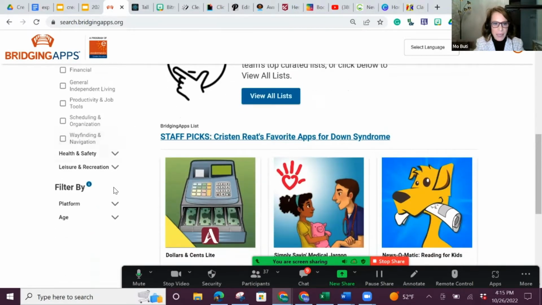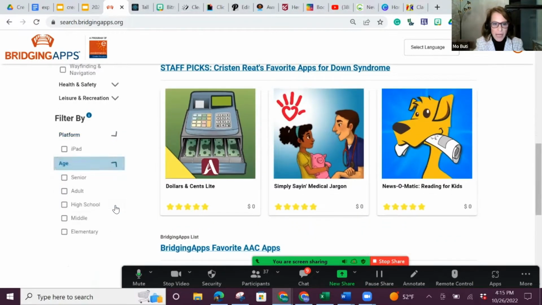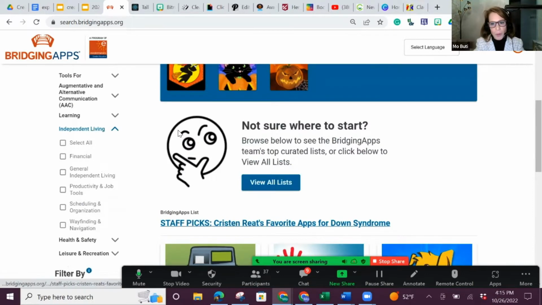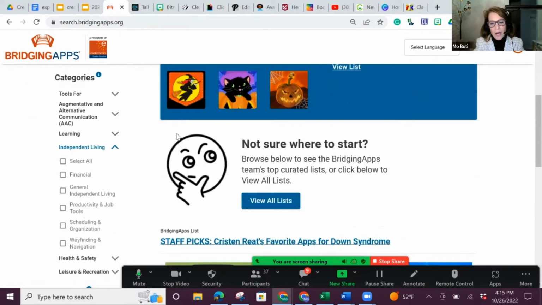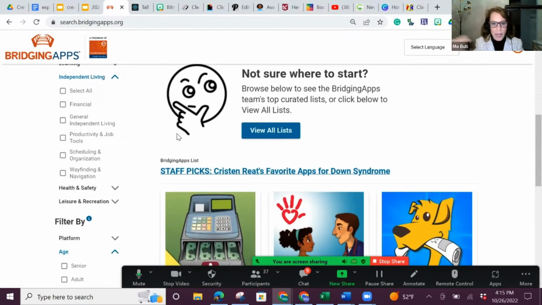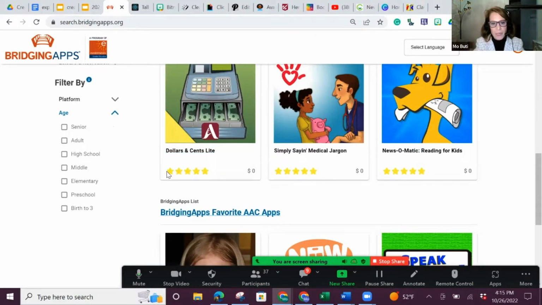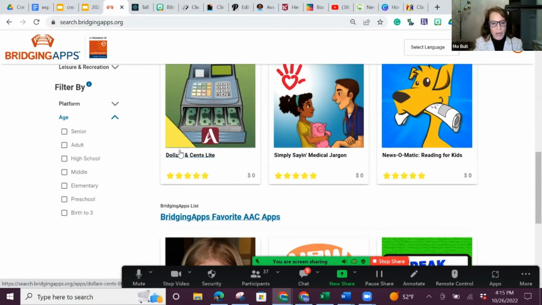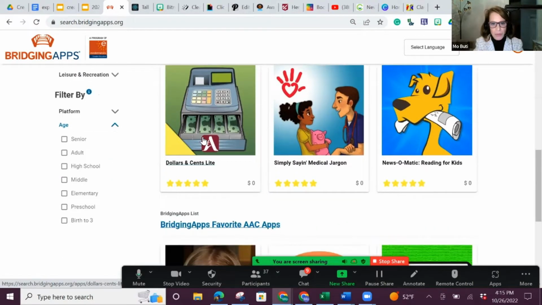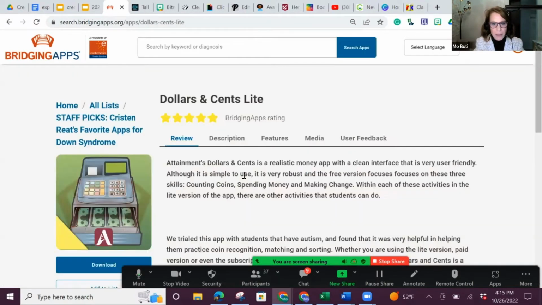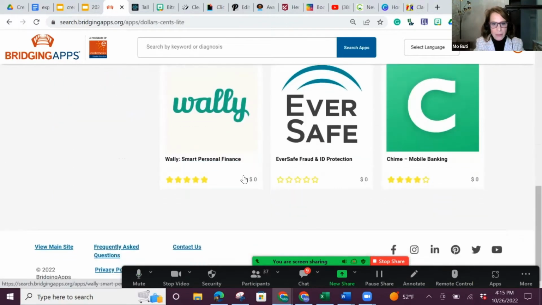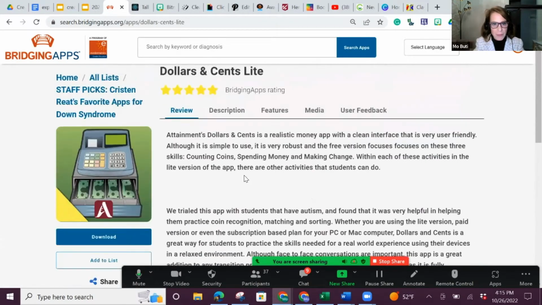Independent living, and then which platforms and which age. And then even when you pull up your list, you can filter them by maybe lower to higher price, things like that. And they have internal reviews, and they come with internal reviews. Now I haven't gone to this one before, so maybe this one doesn't, oh, here,